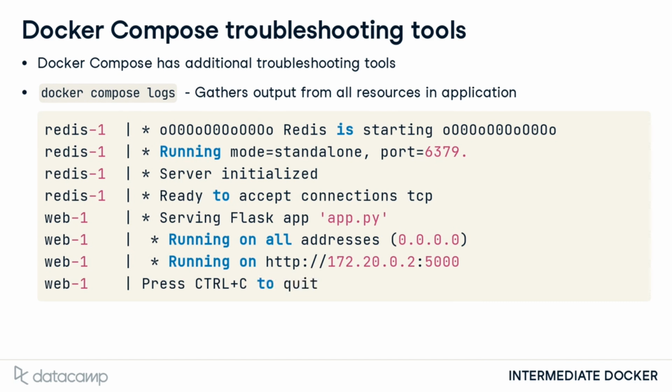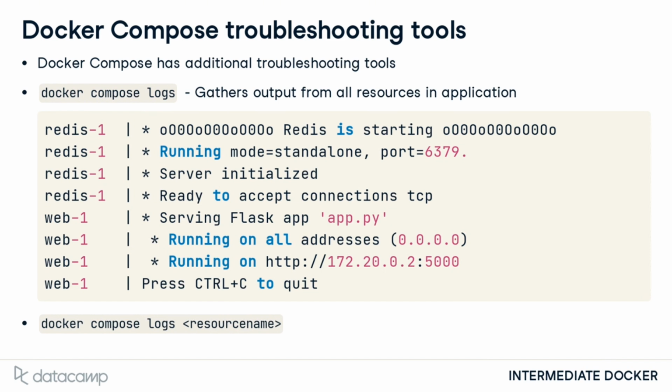Here's an example application using Redis and a web application. Notice that the name of the resource is prepended to each line of the output. This would be the same as running docker logs container ID for each resource in the application. You can also run docker compose logs resource name, such as docker compose logs web, to get just the output